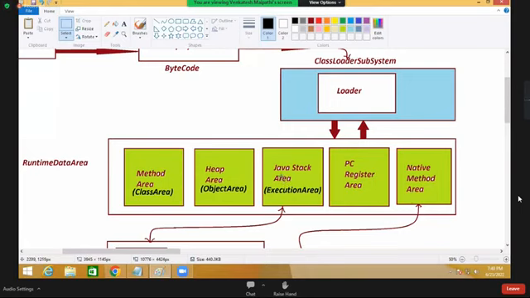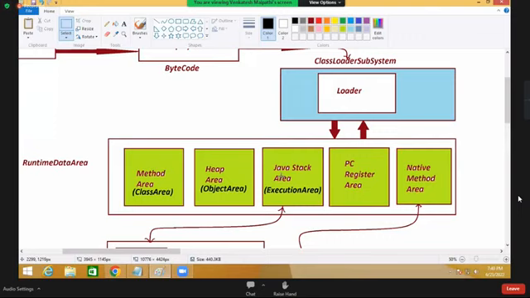The first method copied onto Java stack area is the main method. It's theoretical information available with you. Whatever method is executing in Java stack area, it will be opened with one separate PCR, program counter register, to monitor the method execution in Java stack area. In this process, however many methods are available in Java stack area,